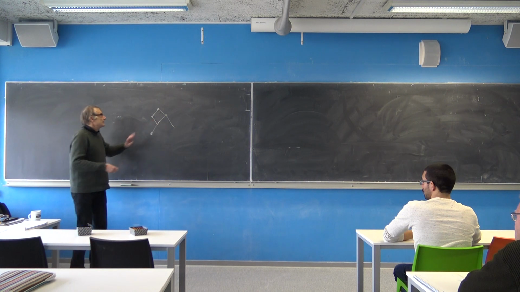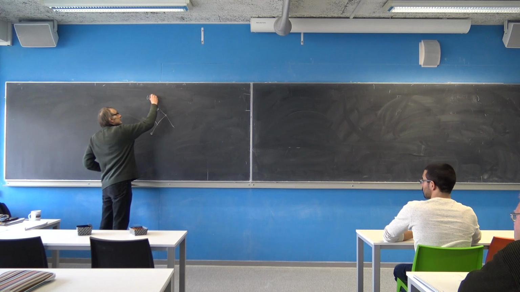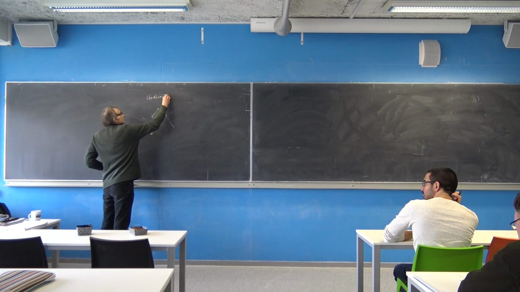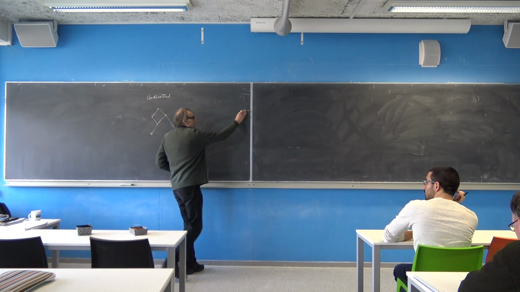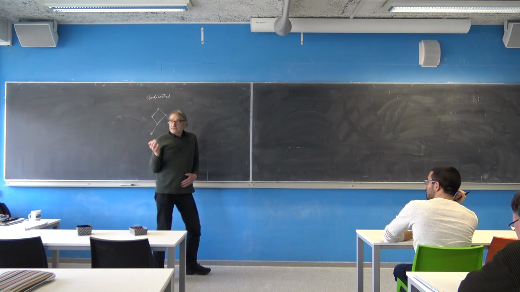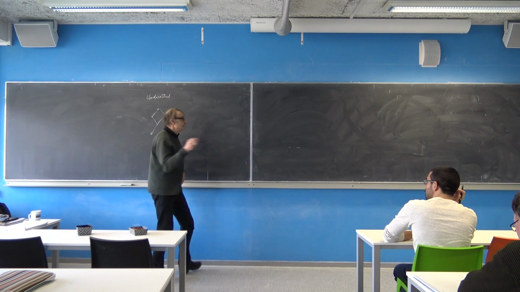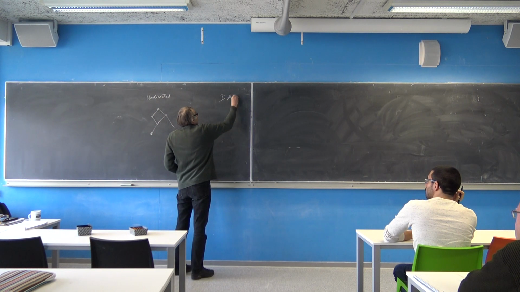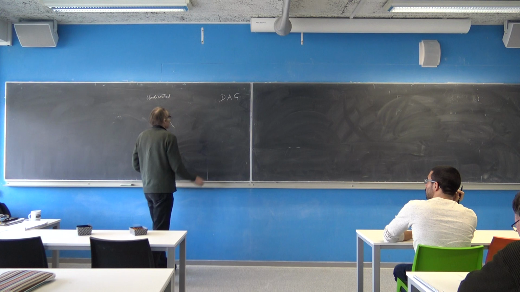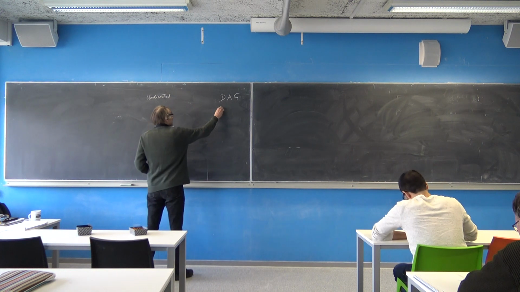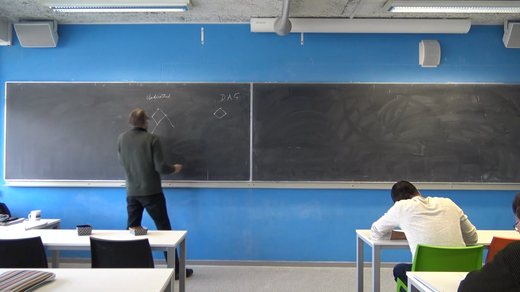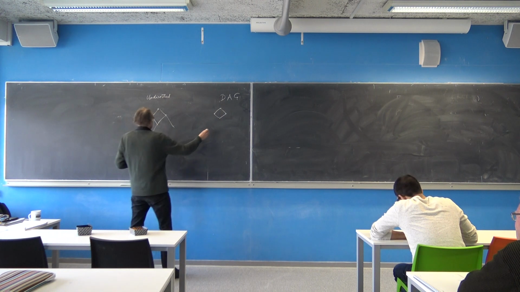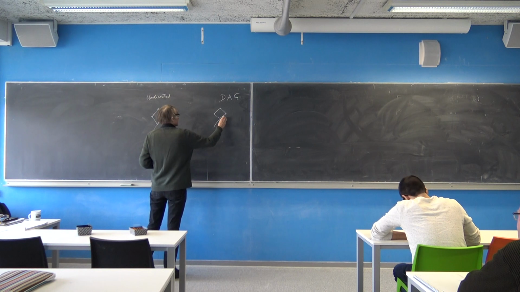There are graphical models based on undirected graphs, and there are graphical models based on directed acyclic graphs, also known as DAGs. So I could draw the same picture and then add some arrows, and then it would be, obviously I can direct every edge in this graph